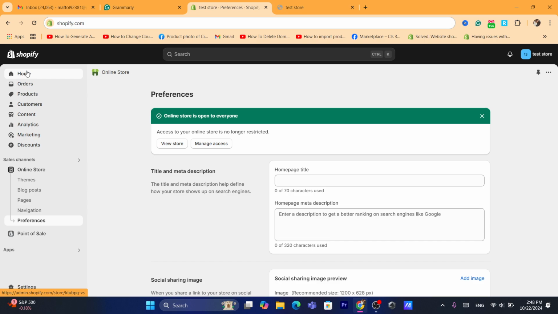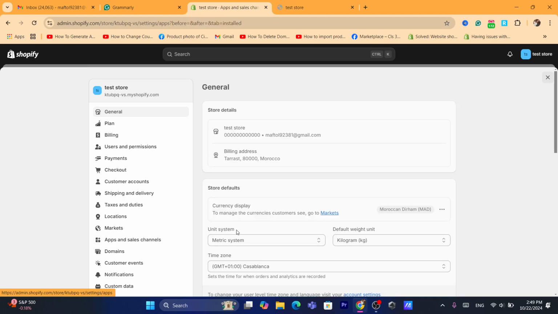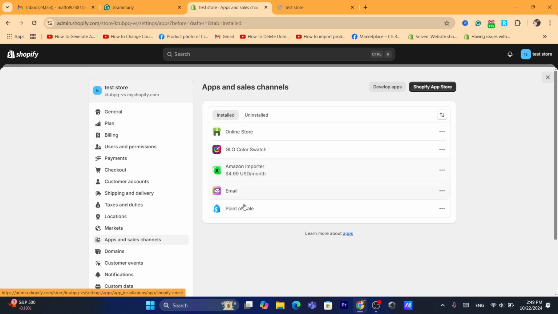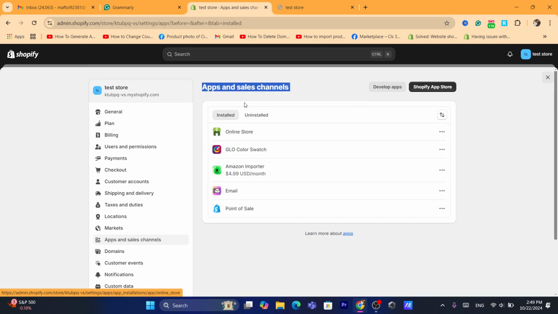Now if you still have this problem, click on settings at the very bottom left, click on apps and sales channels, and see if you have downloaded PageFly, or an app that helps you create a coming soon page, especially if you are fixing something on your Shopify store. A lot of people download PageFly to display a coming soon page on their Shopify store. Just click on the three little dots, uninstall it, and see now if the problem is